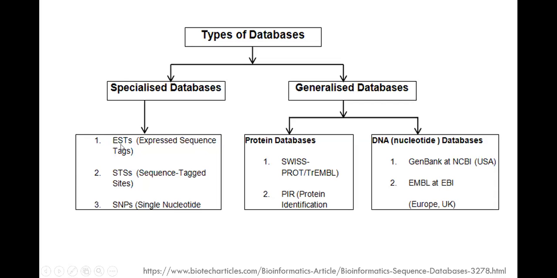One database only talks about expressed sequence tags, sequence tagged sites, SNP, single nucleotide polymorphism, because this means you are zooming in to your own corner. You want the input you can put, and the output you want, leaving the other general concepts of the database. This we will talk about in the next class. What are ESTs, SNPs, STS sequences? This is part of the curriculum in Unit 2. We will talk about it in the next class. So this is generalized and specialized databases.